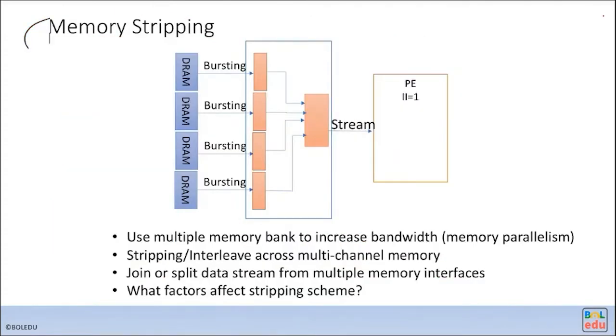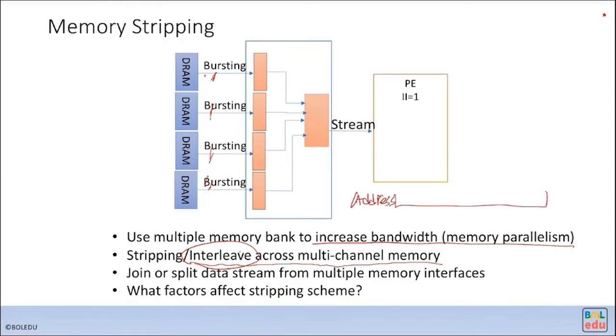Okay, another topic is about memory striping. Memory striping, basically you have multiple channels of DRAM, and then you can aggregate the data rate from the memory channels. You try to interleave across the multiple memory channels. The issue is how do you do the interleave? Interleave, basically you have an address,